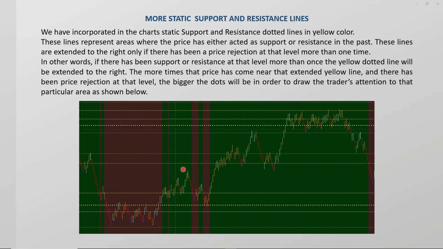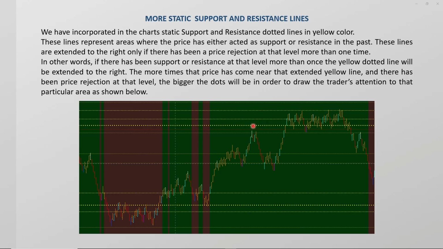If there has been support or resistance at that level more than once, the yellow dotted lines will be extended to the right. The more times that price comes near that extended yellow line and there has been price rejection at that level, the bigger the dots will be in order to draw the trader's attention to that particular area, as shown below. In other words, if the price has reached this level more than once, then this line is extended to the right. But the more times it reaches that level, as in this case, then the dots get a little bit